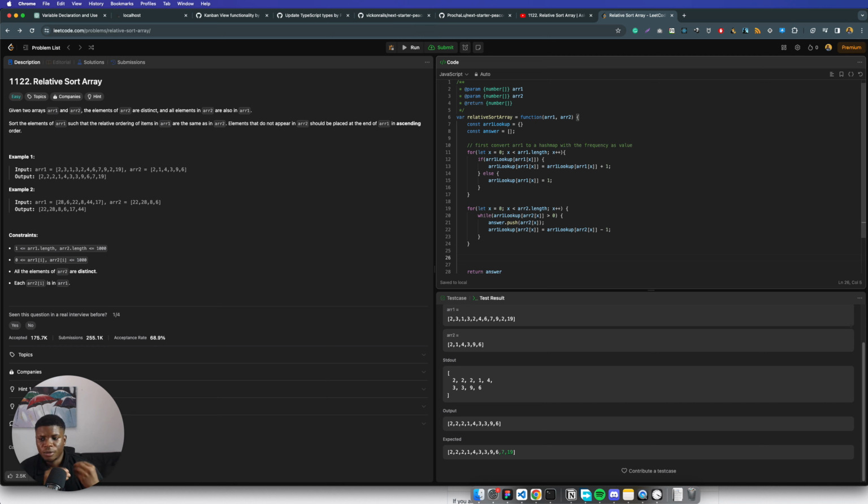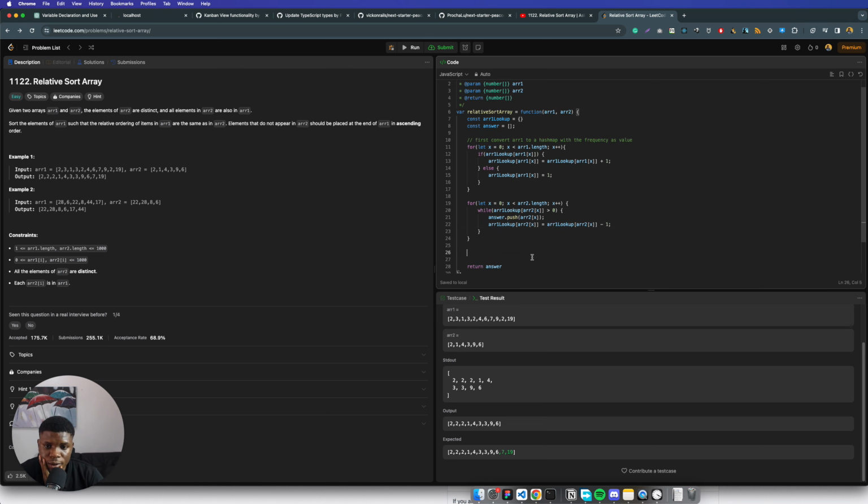Wait, I'm just trying to figure out something. What happens to the last, like 7 and 9? Remember, 7 and 9 have just one in the array, right? 7 and 19, rather. So how do we sort out 7 and 19? One way to sort out 7 and 19